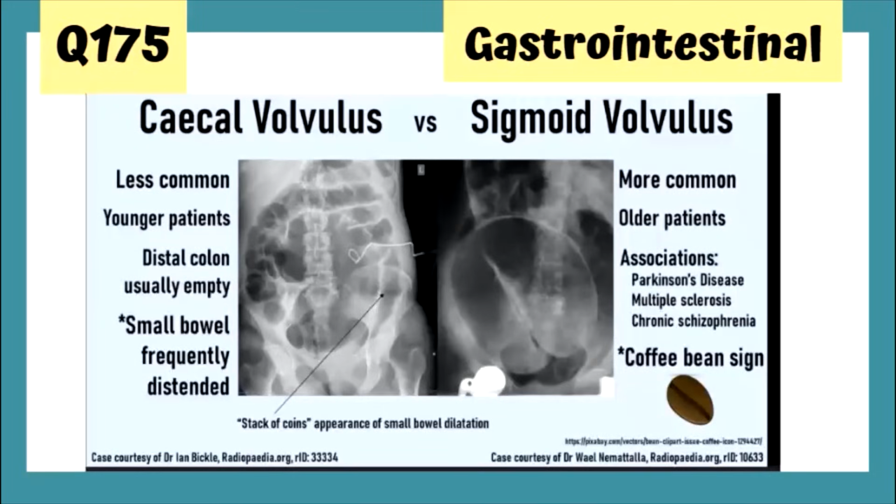Okay, here is the difference between the cecal and the sigmoid. Cecal is generally in younger patients. It's less common. The sigmoid one is more common, and it's in older patients where we see the coffee bean sign. Management of C